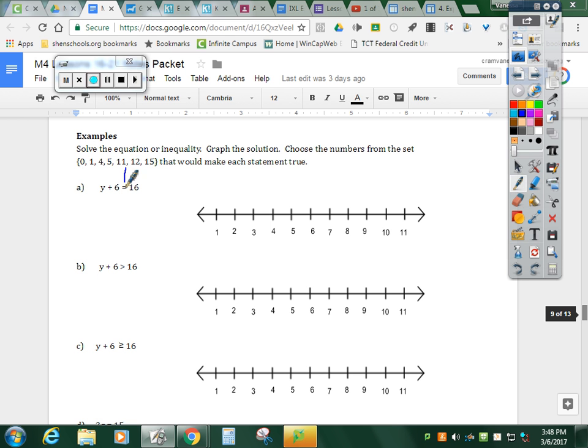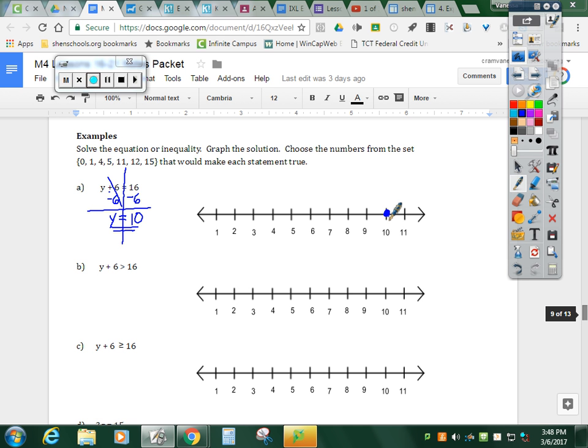We're going to solve this by drawing a line down the equal sign. Our goal is to get the variable by itself, so to undo plus 6 or to get them to cancel, we're going to minus 6, and whatever we do to one side, we must do to the other. So y is going to equal 10, okay? With an equation, equations only have one solution. It can't have more than one, so a simple graph for an equation is going to be 1 dot